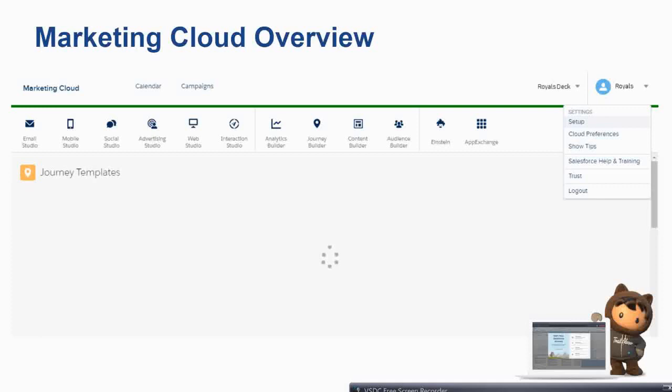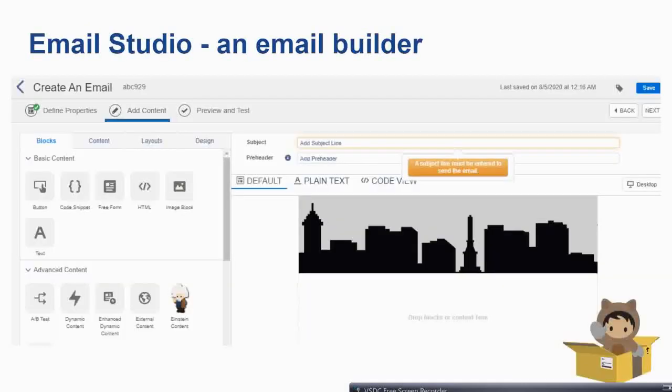If you see here, you will find Email Studio, Mobile Studio, Social Studio, Advertising Studio, Web Studio, Journey Builder. So these are all the things. We will go through them one by one. Let's go to the next slide.